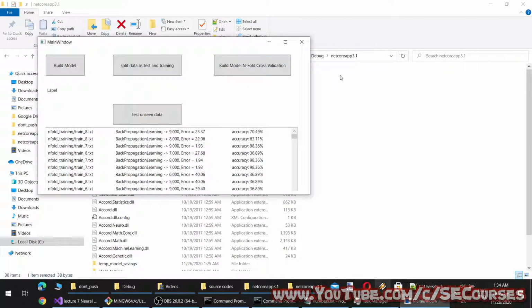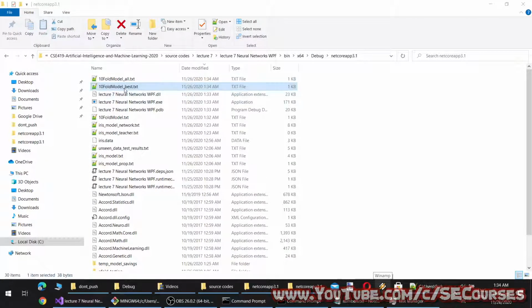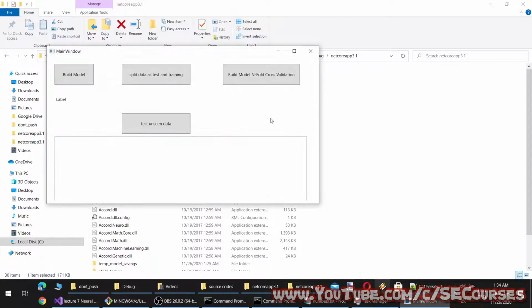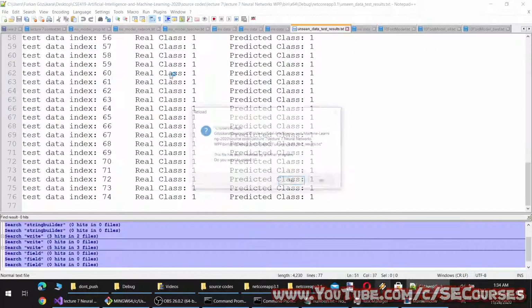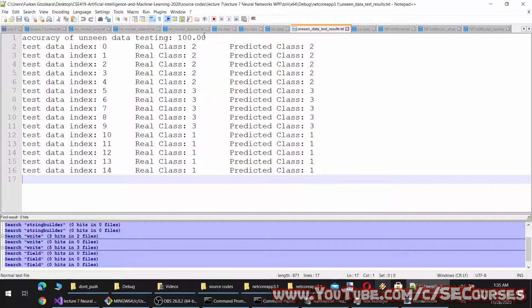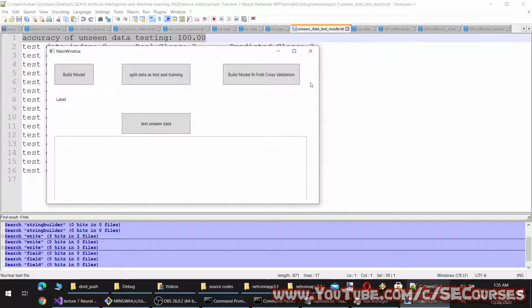And now I can use that trained model to check the unseen test data like this, and we can see the test results. So it has reached 100% accuracy.